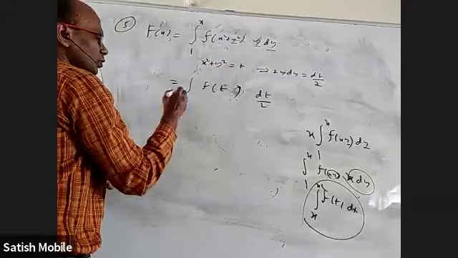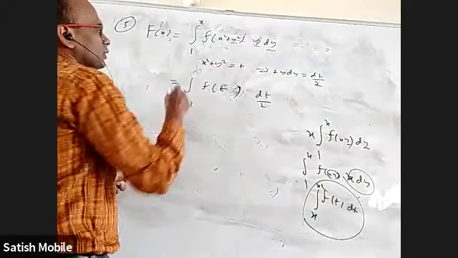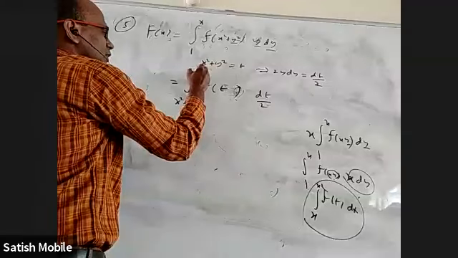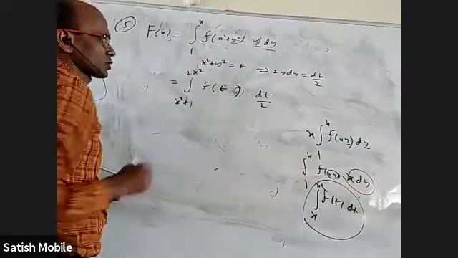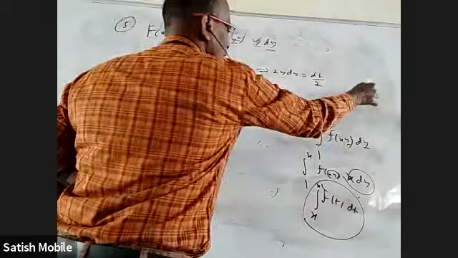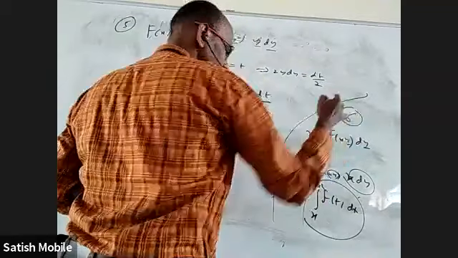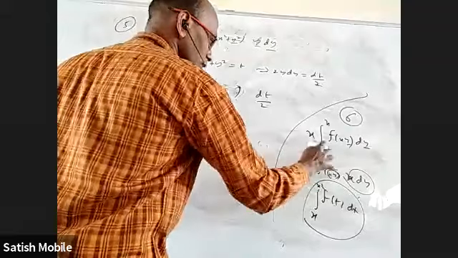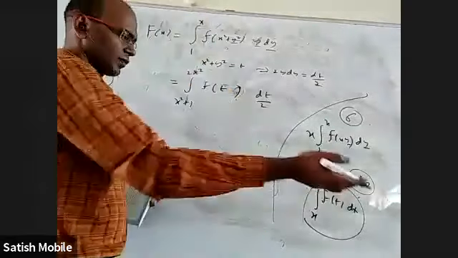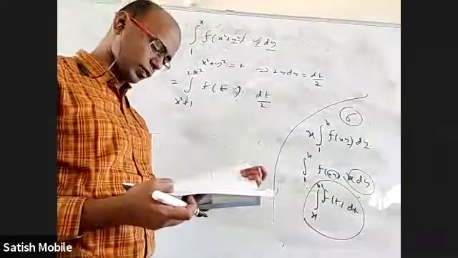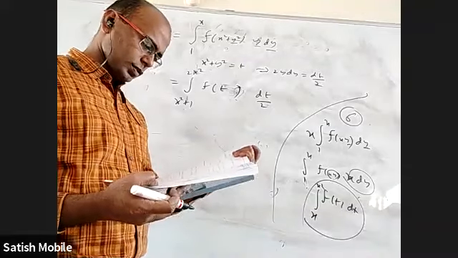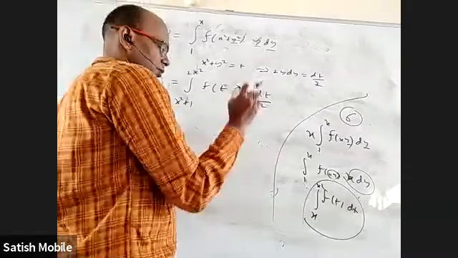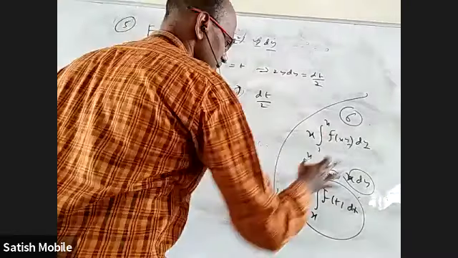When you put y equal to 1, the lower limit is x square plus 1. And when you put y equal to x, the upper limit is x square plus x square, which is 2x square. Everything else is the same. So this is the sixth question. You can write this in some rough place, as a hint for the future when you are trying on your own. Or I might just finish the question also, as anyway I wrote most of it. But anyway, I want you to try and think about it. But this is a hint you can write somewhere.